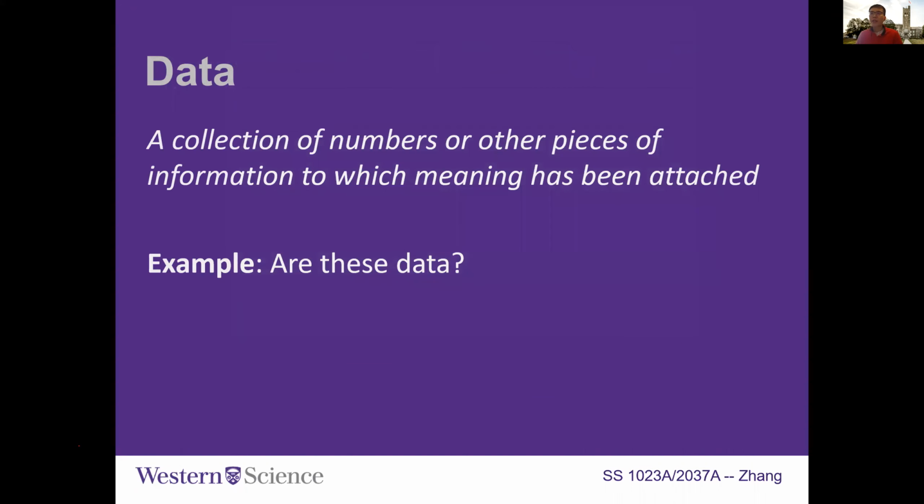Okay, so the next question will be: since we say that statistics contains two parts, making conclusions or decisions, and the data, then the next question is, what is data? Data is basically a collection of numbers or information. Pay attention that they could be numbers, but they could also be other types of information. So for example,